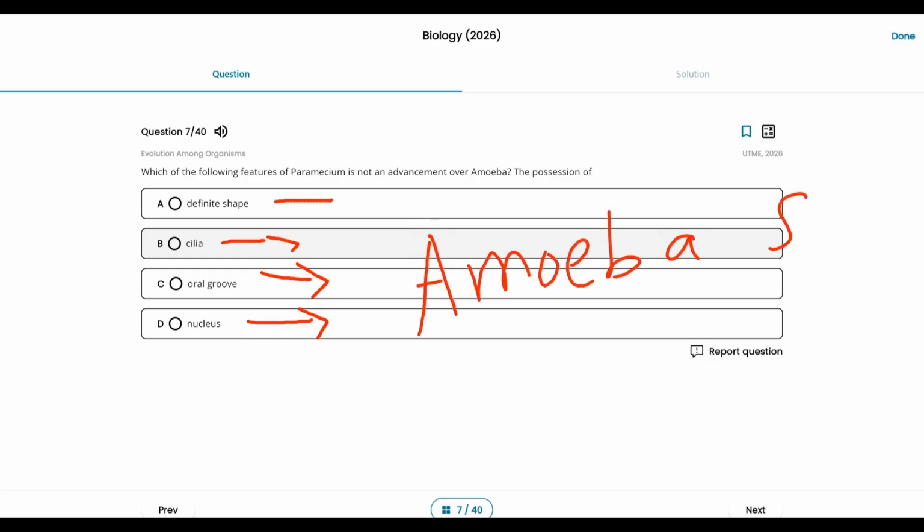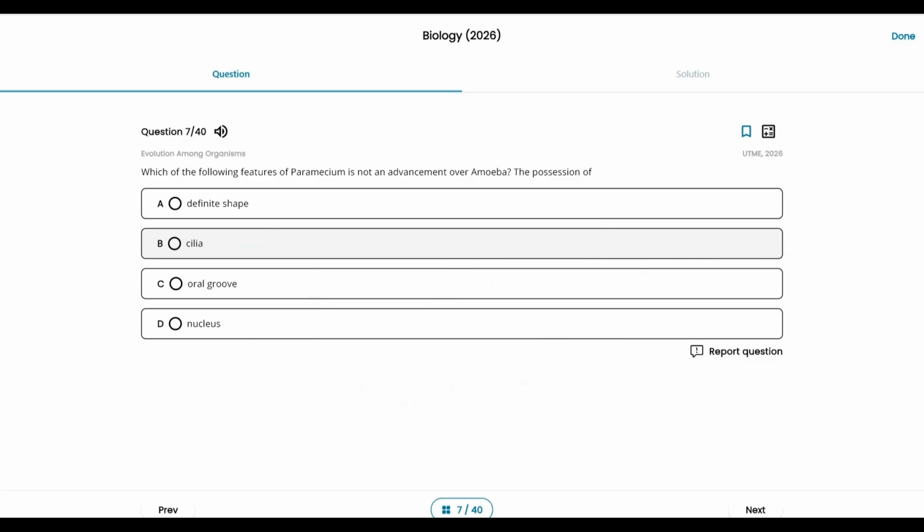both amoeba and paramecium actually have a nucleus. So let me read the question again. Which of the following features of paramecium is not an advancement over amoeba? So nucleus is the correct option, in the sense that nucleus is actually common to both. Do you understand? So option D is very correct. Let's move to